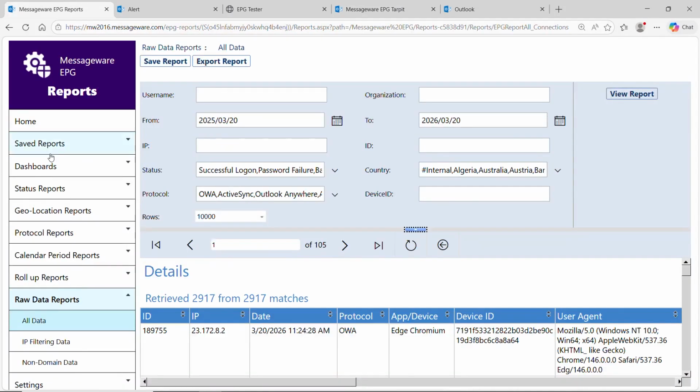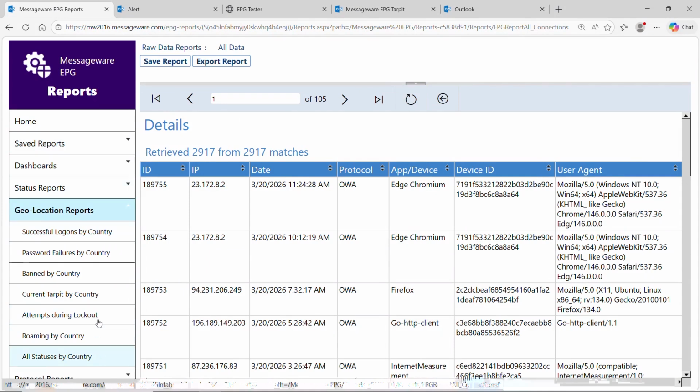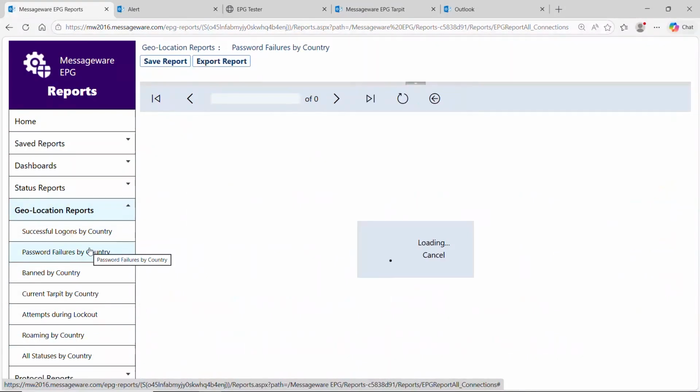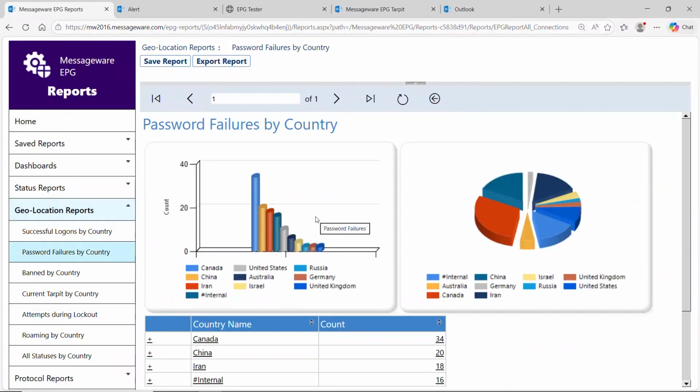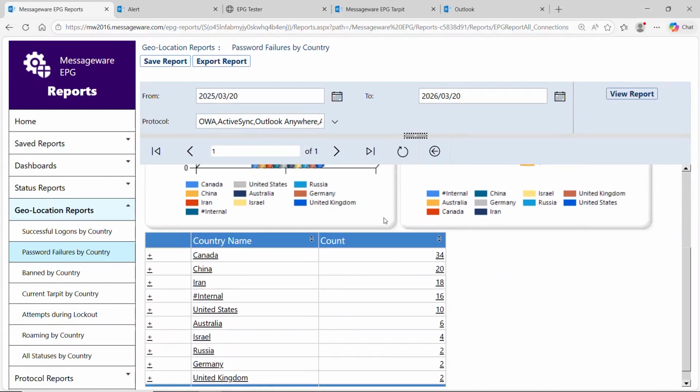These are the 2 Chinese and Iranian IP addresses that we used during the test. Let's jump over to the reports. I showed you the basic data record earlier. There are 22 built-in reports. There's a whole section here by geolocation. All of the report formats have 3 sections. There's a filter area at the top where you can put in IP ranges, dates, and other criteria, depending on which reports you're in. There's a graphical representation of this report, which is password failures by country in this case, and then there's a data table in the bottom section.